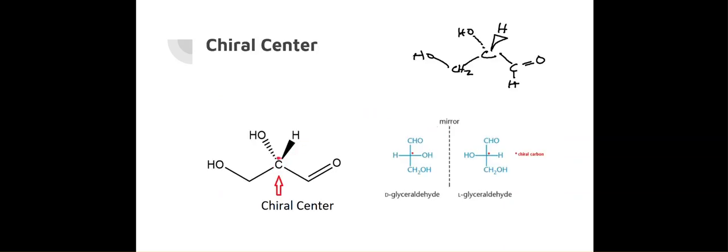So chiral centers are carbons that have 4 different groups associated with them. Here we have a carbon, and it's got a hydrogen, it's got a hydroxy group, and then here it's got a CH2OH. So that's different than either one of these. And here we've got a CH double bond O. So this is different than this, or that. So this is a chiral carbon, and this is a chiral center. Any questions there?